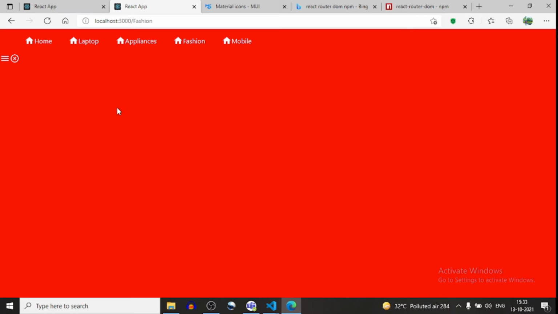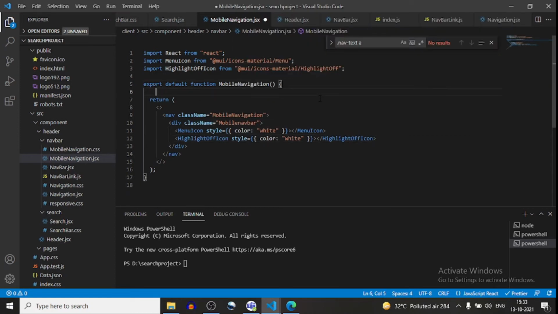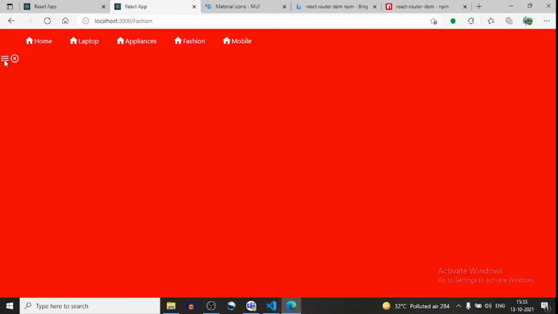Now what I need to do is define a state over here. For that state, whenever I click on this icon, the second icon should be visible false. If I click on the close button, then this menu button will be false.